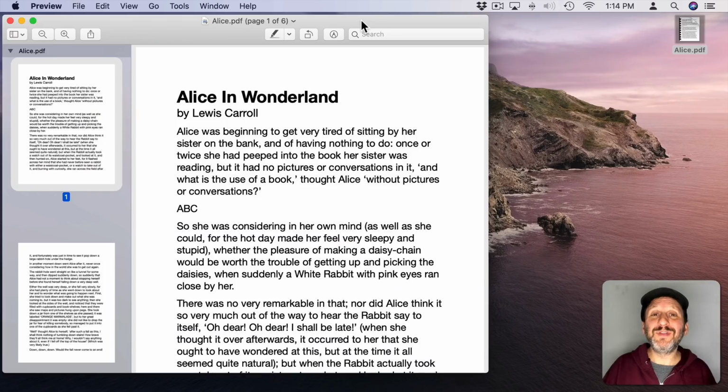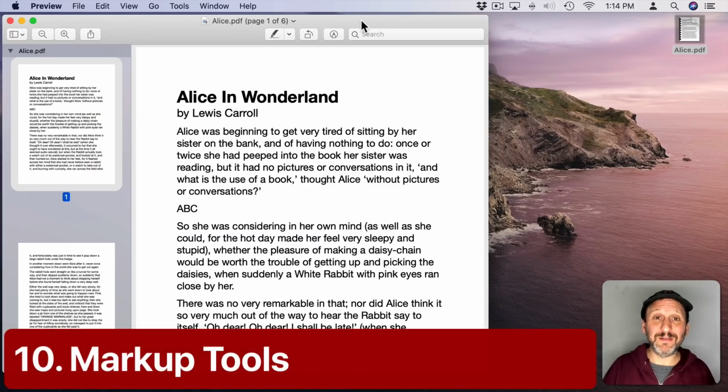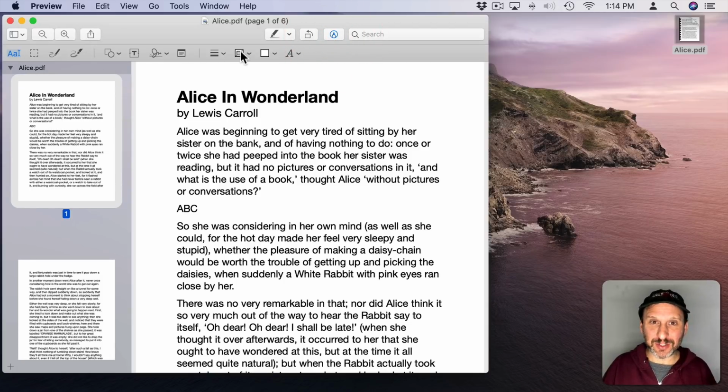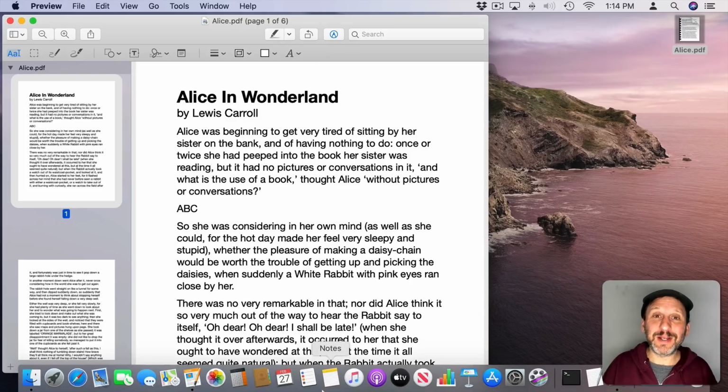I also think of the markup tools when I think of hidden features, because you could be in an app like Preview here and not see that many tools at the top, but click the simple markup tool here and it reveals an entire second toolbar with all of these different tools that you could use for all sorts of things. Now if you think markup really isn't that hidden when it comes to Preview, it is a little more hidden when it comes to other apps.